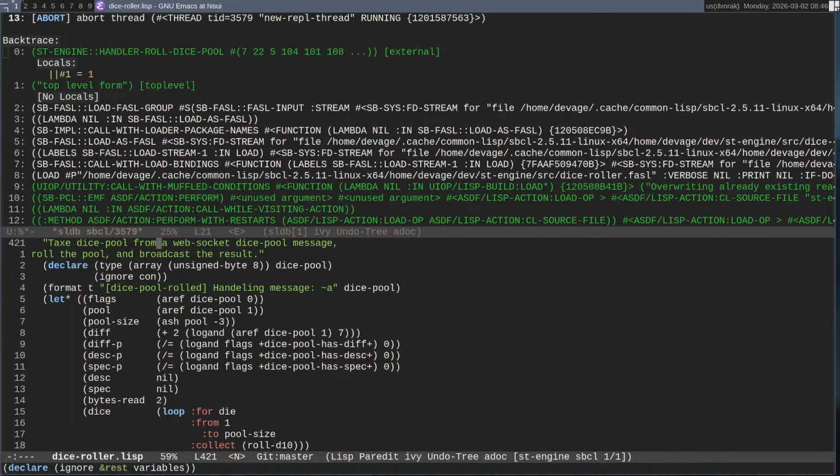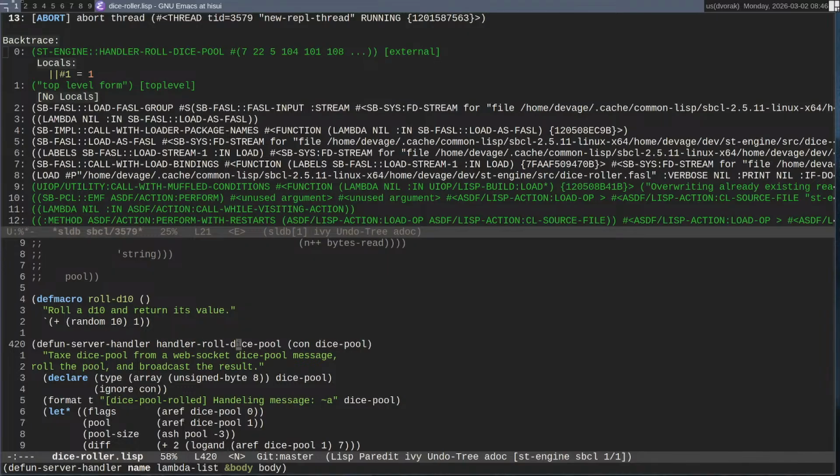Now, the thing that we've changed most notably is it takes a connection and we ignore it. It's because we don't actually need the individual connection for this one. We send the dice roll. We send the result of the dice roll out to all connections.